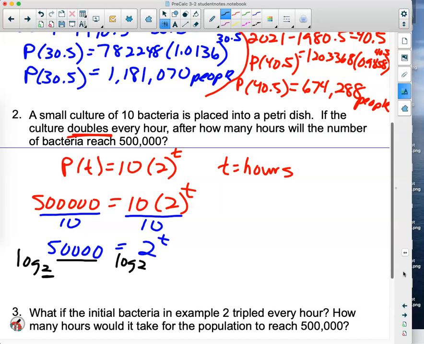So let's go ahead and use natural log of 50,000 divided by natural log of 2. And over here, because the base of the logarithm and the base of our unknown power are the same, they're inverses, and they just drop right out. So we'd punch in the natural log of 50,000 divided by the natural log of 2, and that would give us 15.610